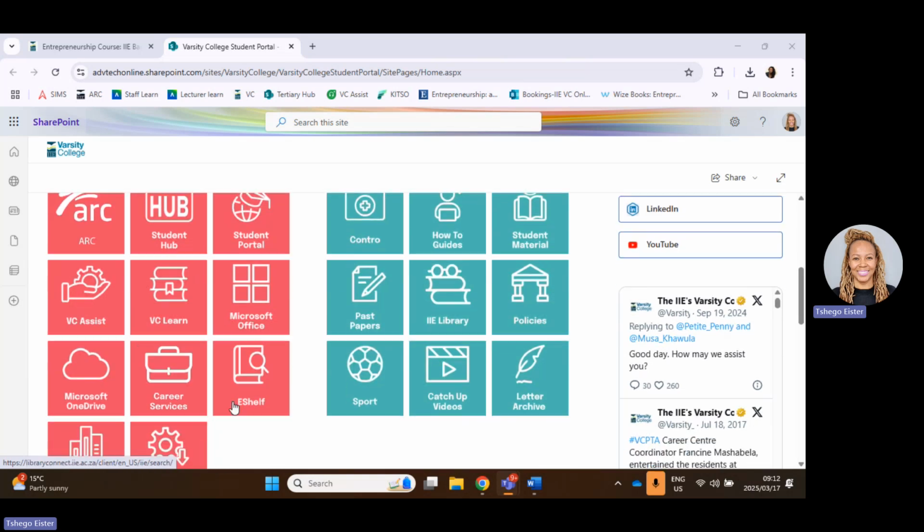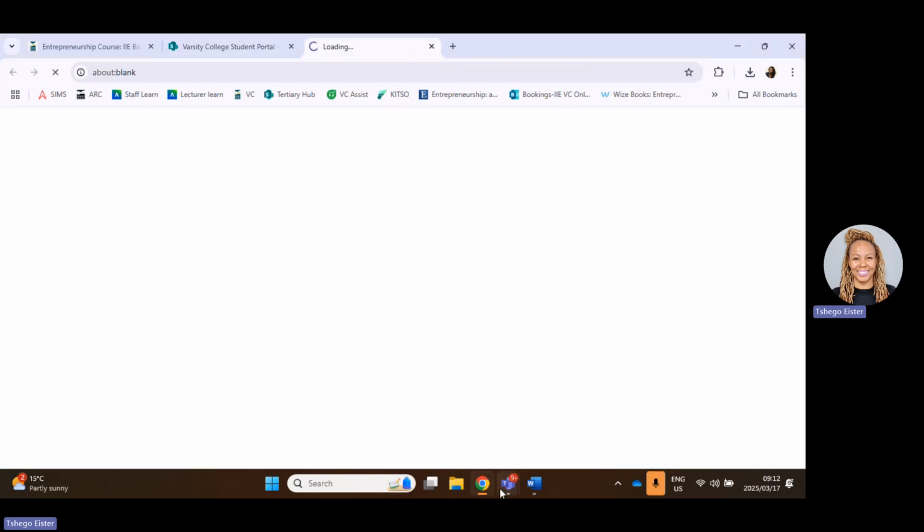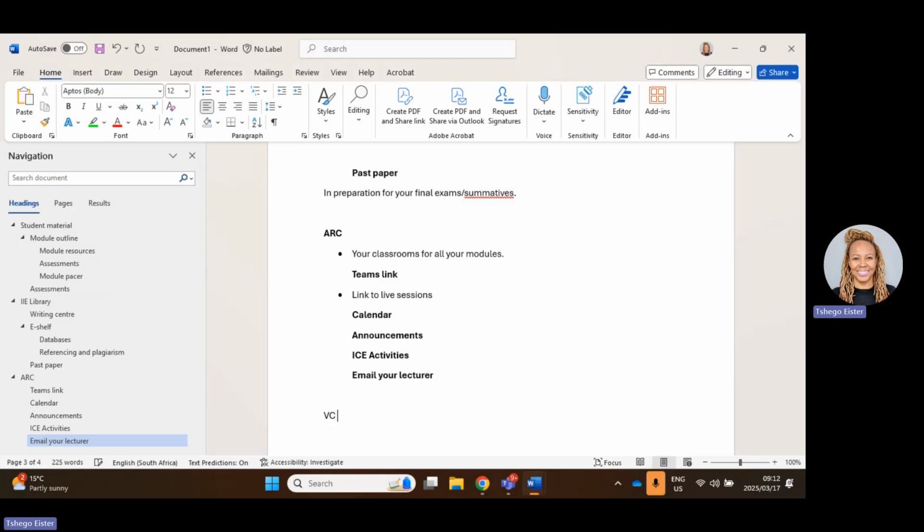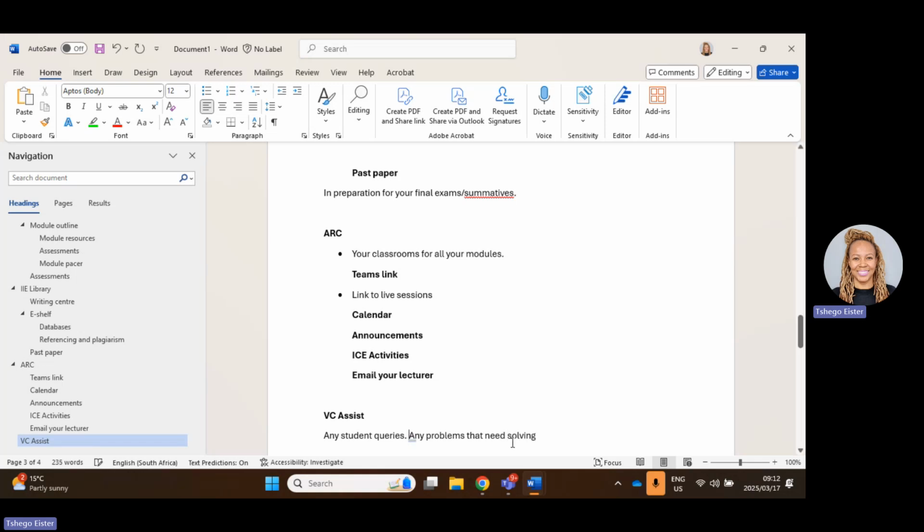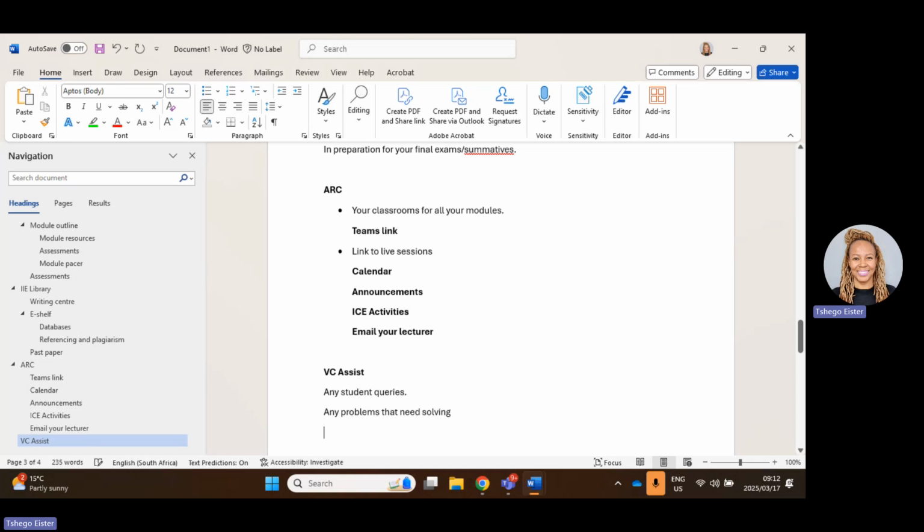Another thing that's important here is VC Assist. VC Assist is basically where you go for any student queries. Like if you have any issues and maybe you're a contact student, you would go to the office, to the receptionist, and say, hi, I've got a problem with my modules, I've got a problem with finance, any student queries, or let me say any problem that needs solving. So in other words, and these would be non-module